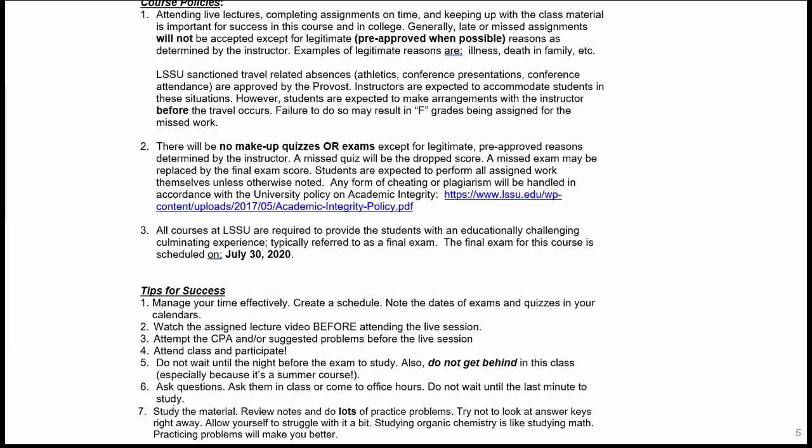So you want to study the material, do lots of problems, because doing problems in organic chemistry is the way to get through this class. It's kind of like studying for math. You're not just going to know how to do it by looking at it. And unfortunately, there's not a synthesis calculator where you can punch in structures and get something out on the other end.